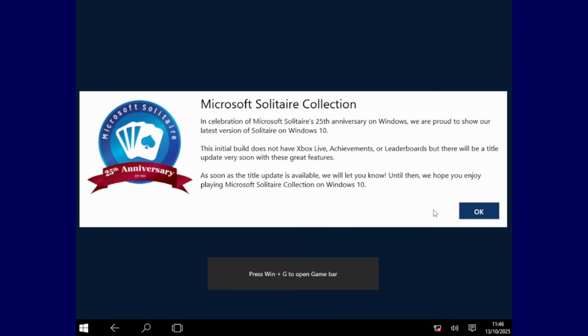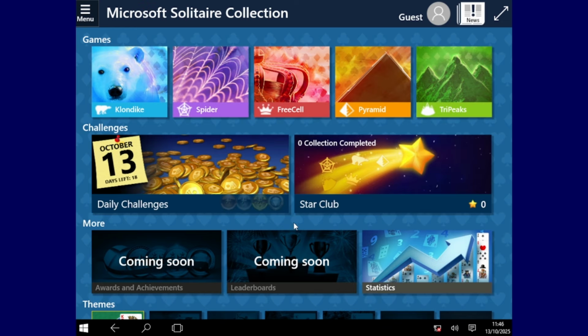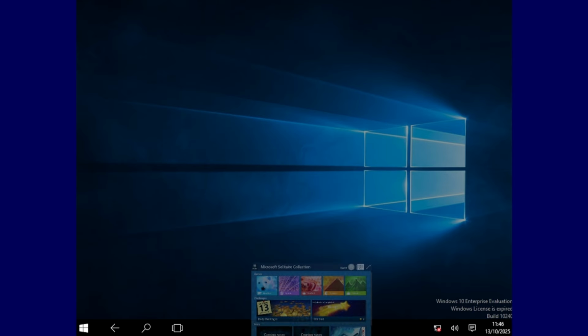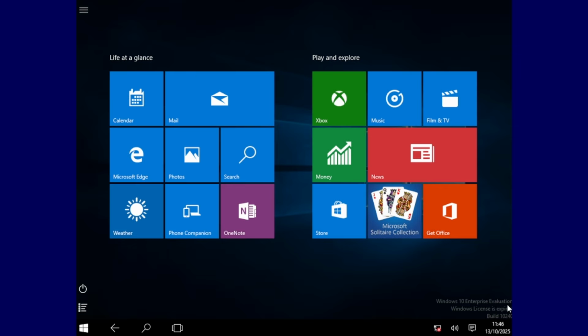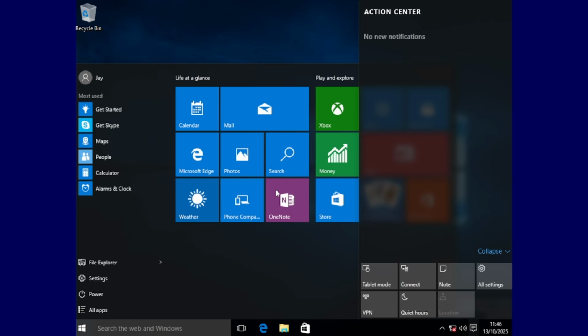There we go. I don't think it likes that. Oh no, you can still play. That's good. And the gestures do kind of work the same, except there's no charms bar. But then, obviously, you can go back to desktop mode.